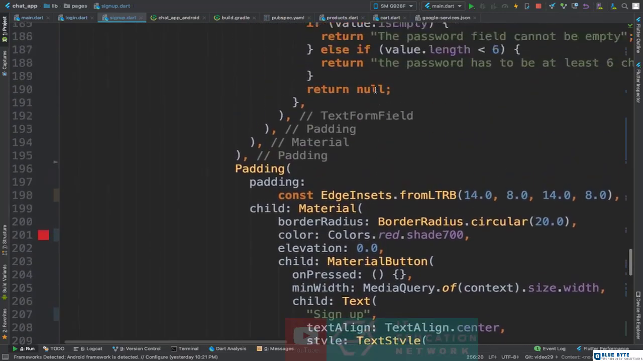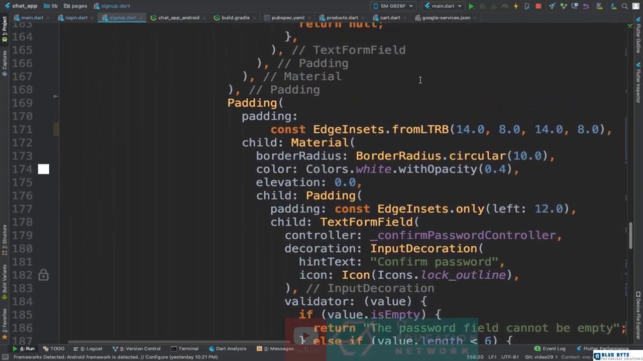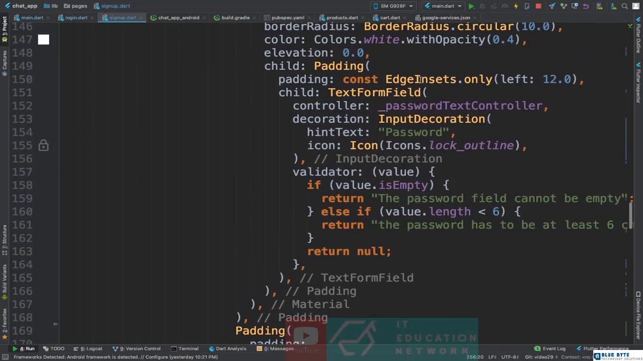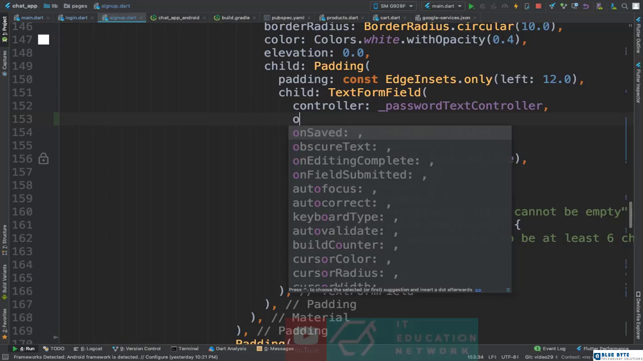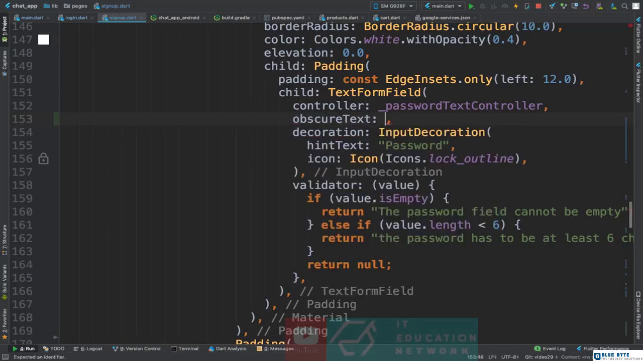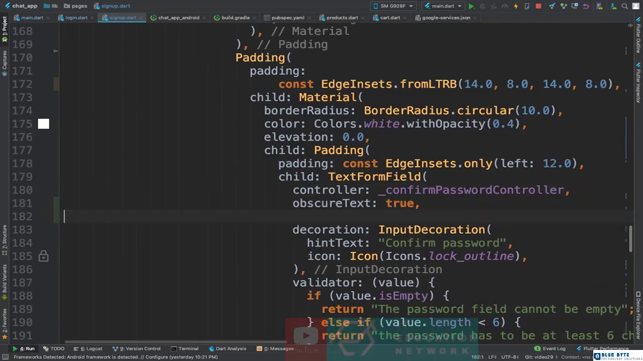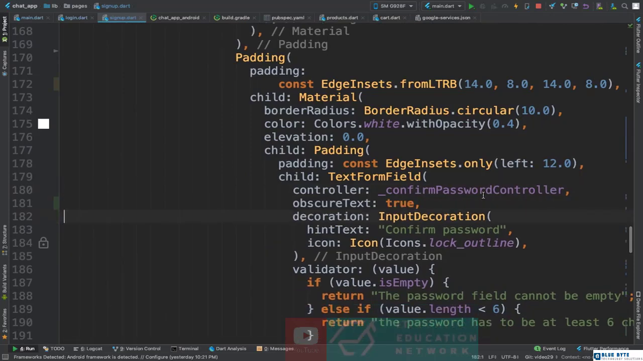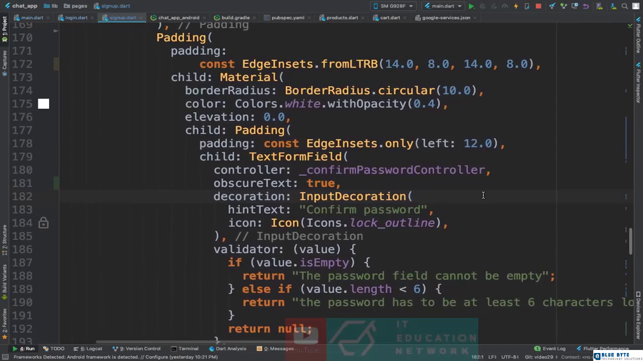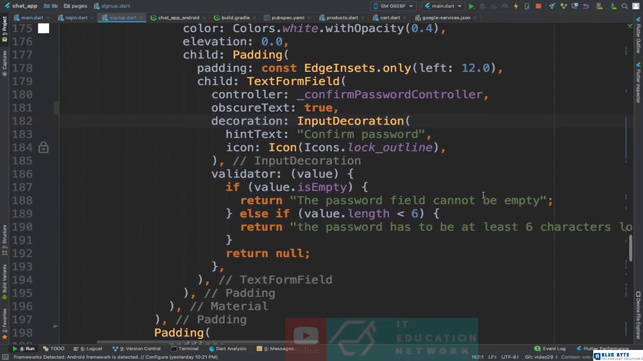For the password fields, we want to do two things. First is coming over here, and we want the obscure text to be true, so that we'll just see dots because it's a password. And for the confirm password, we will do the same thing, so we'll just see dots again. Okay, what else can we do here is